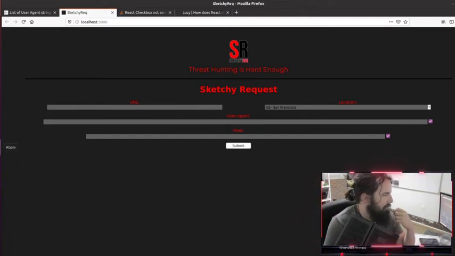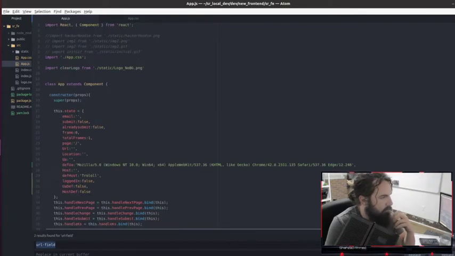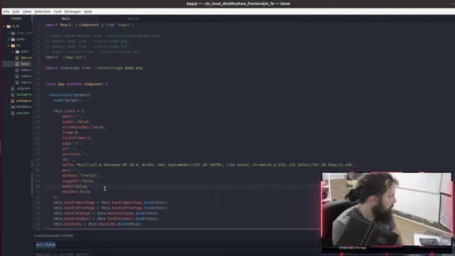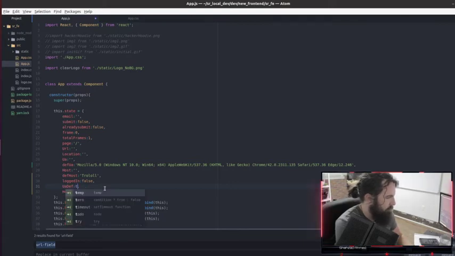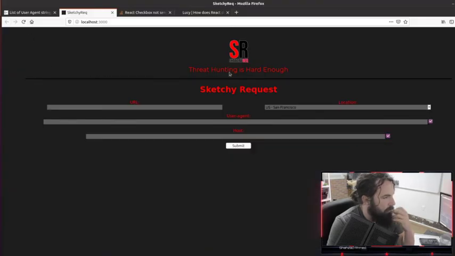So it might be as simple as me just changing the default value to true. It's not really what I want to do. Let's try it though. It's kind of a hack, but it might tell me a little bit more about why things are the way they are.